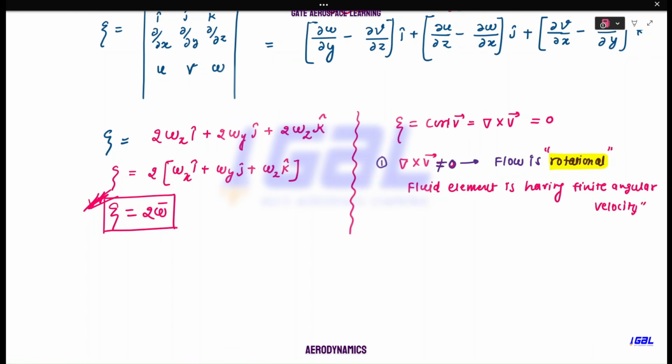Please write this small thing. They can introduce it or ask it anytime in your GATE exam, okay, for 1 mark. Now the second condition: if this condition is satisfied and becomes 0, then we'll say